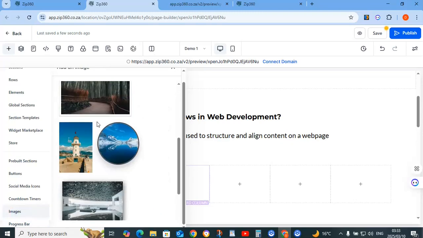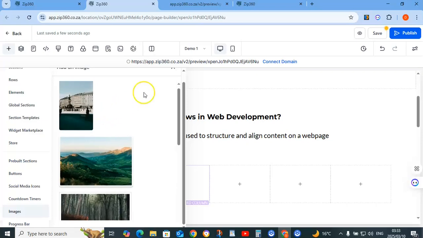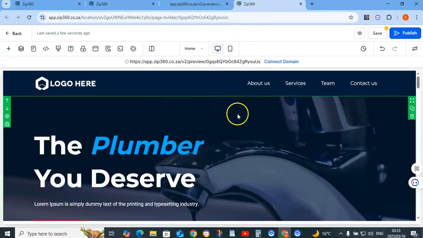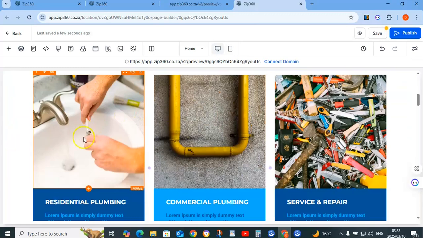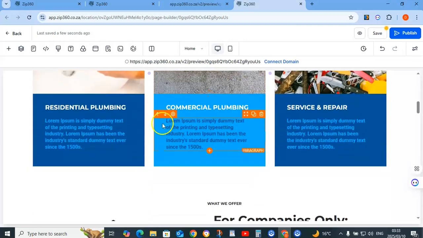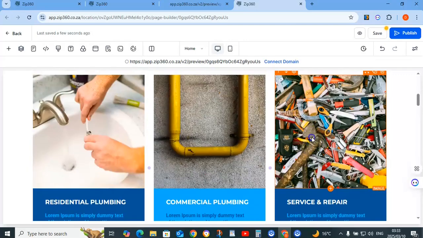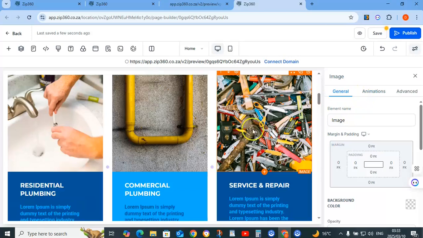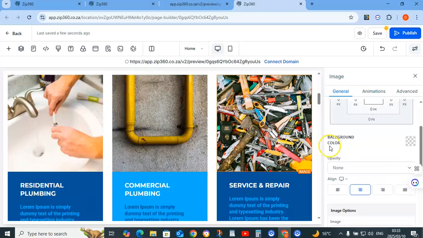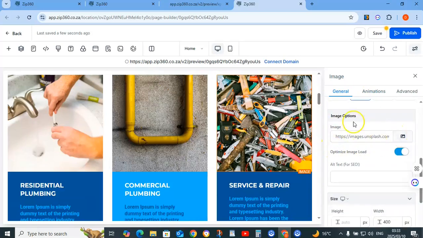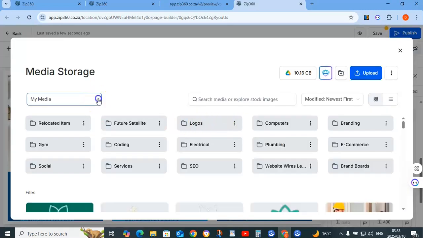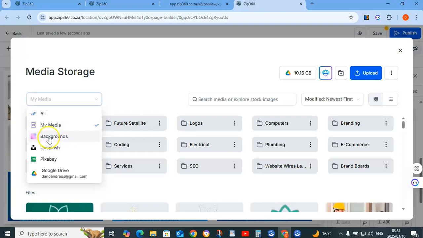Now, this is not the only images. Let's say you go on your site and maybe you want, for plumbing or for electrical or whatever, to use a new image. So you click on an image here and you go down to image options, click on the option, go to my media, and you will see backgrounds, Unsplash, Pixabay.